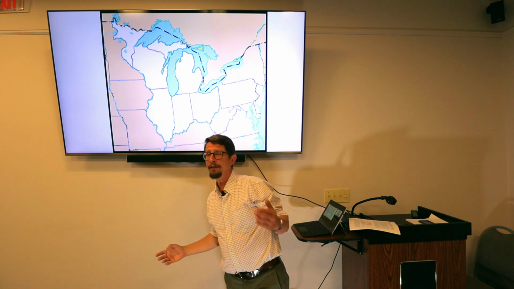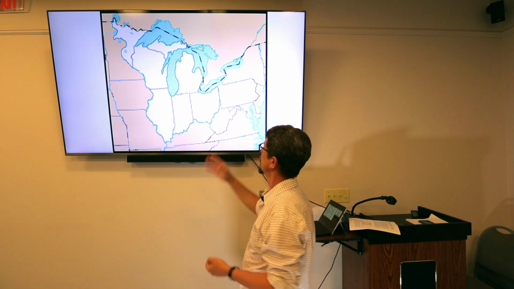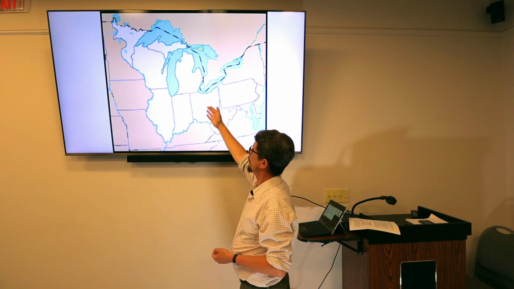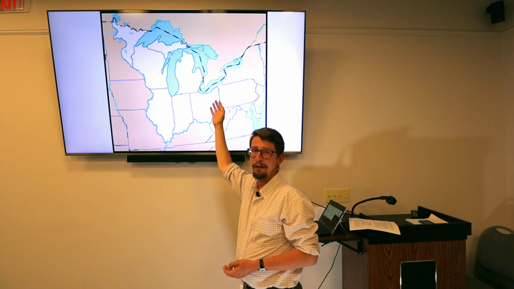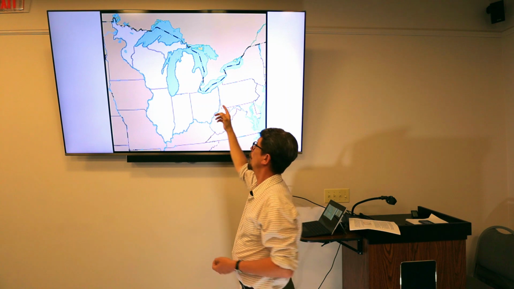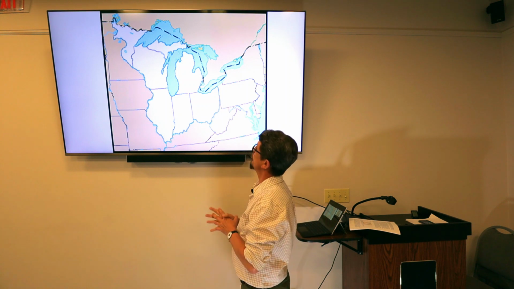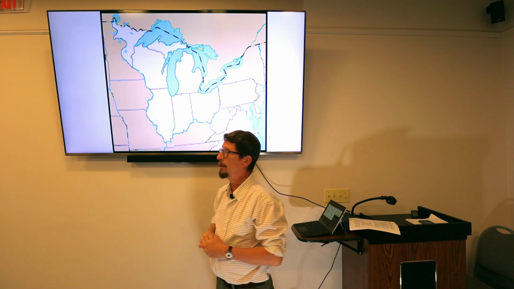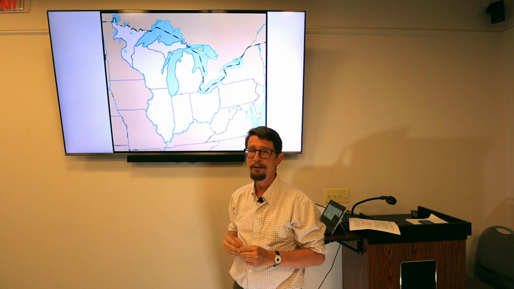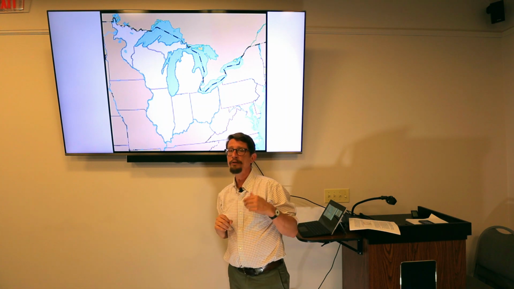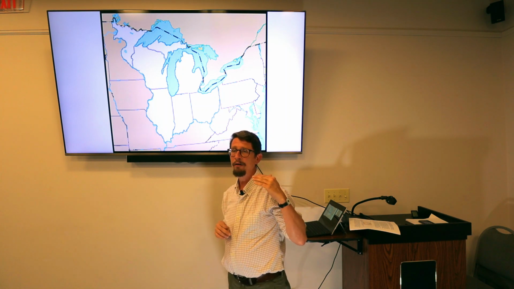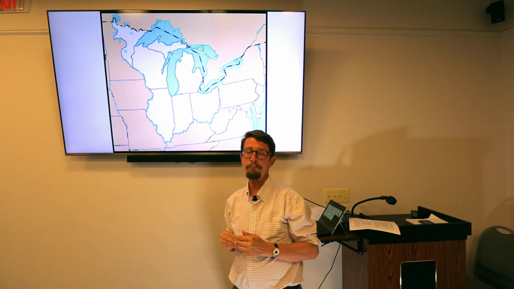What to do about its northern border? Well, obviously, 3/4 of the border was going to be the shore of Lake Erie. What to do about this? So they decided that they would draw on the old Northwest Territory and that they would use the provision of using the southern tip of Lake Michigan.